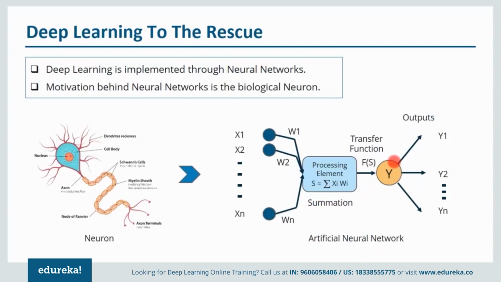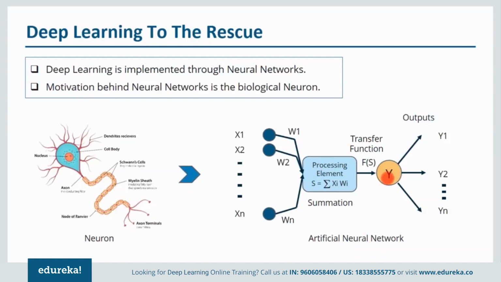After that comes the concept of the activation function. What is an activation function? It is used to provide a threshold. If your output is above the threshold, then only this neuron will fire, otherwise it won't fire. You can use a step function as an activation function, or you can even use a sigmoid function. So this is how an artificial neuron looks. A network of multiple neurons connected to each other forms an artificial neural network. Whether the activation function is a sigmoid function or a step function totally depends on your requirement.